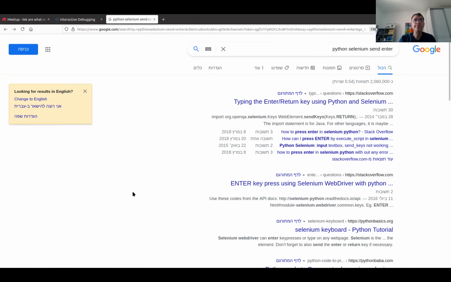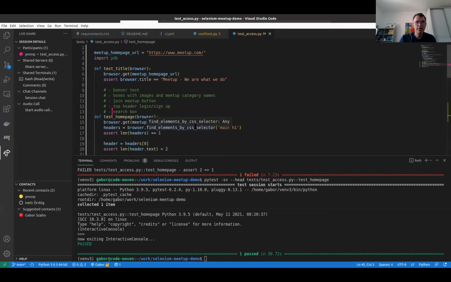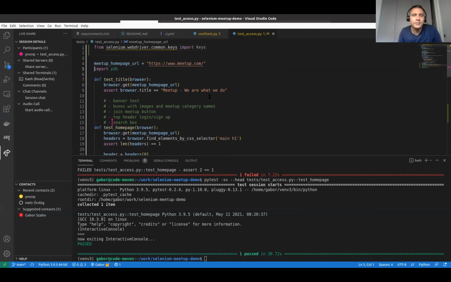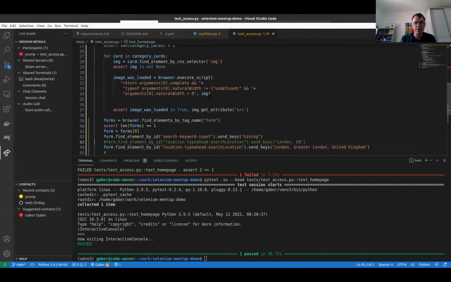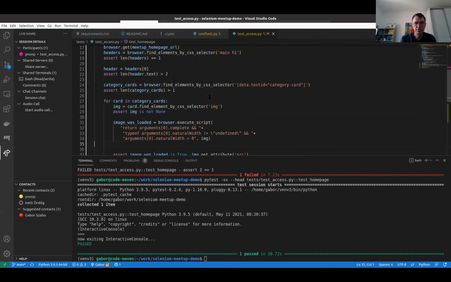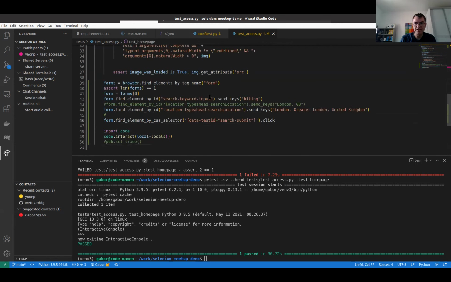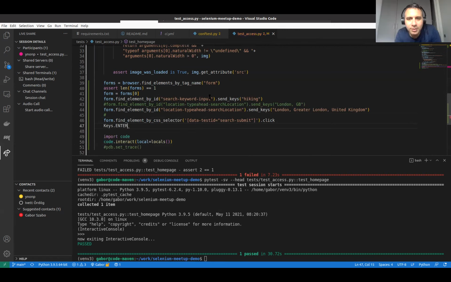Okay. So you say that I import this one somewhere, and now you have keys.enter. And then I can, and how do you say? I just say keys.enter? Keys.return or enter. You can do enter or return. Like this? Yes. You need to do send keys to that. You need to send it to something.